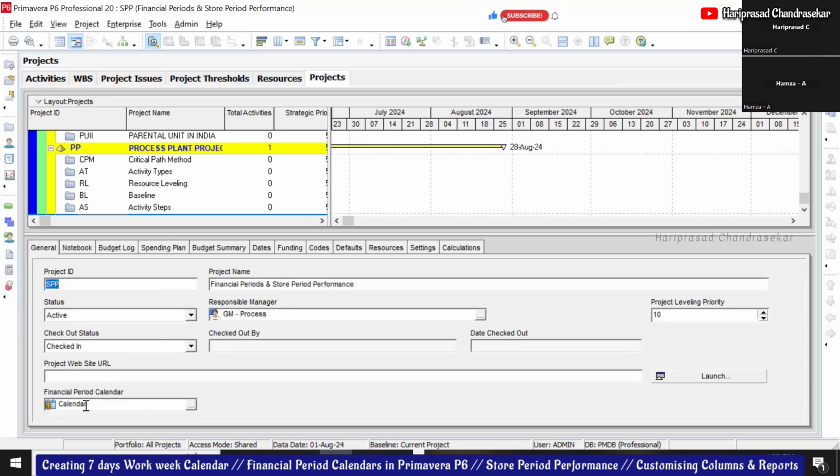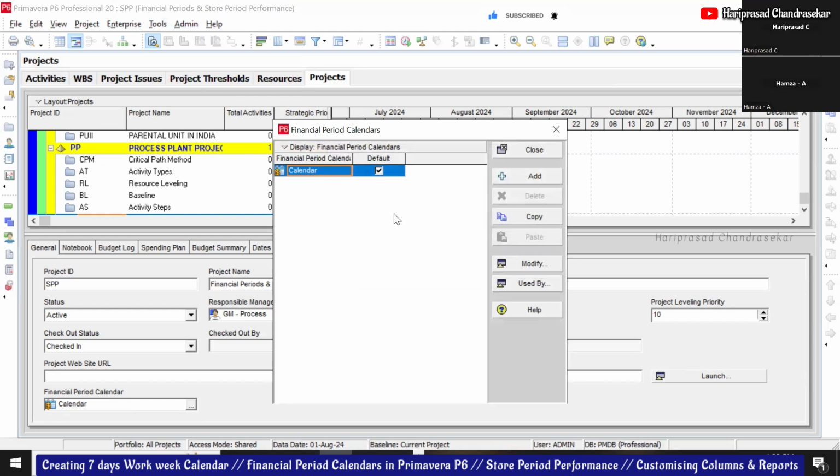So for that we need to create the financial period first. Go to admin, financial period calendars. Since it's a new version, we can create separate financial period calendars. August 2024, then click modify.